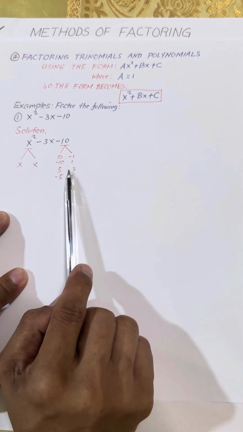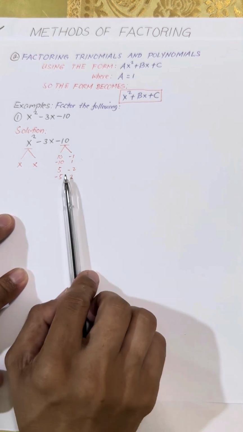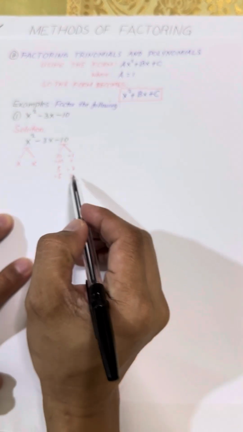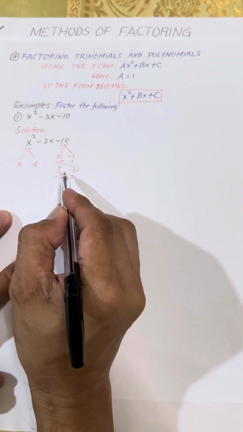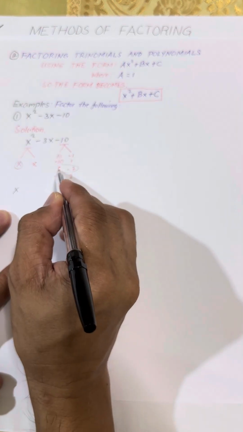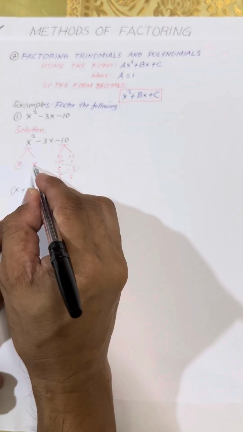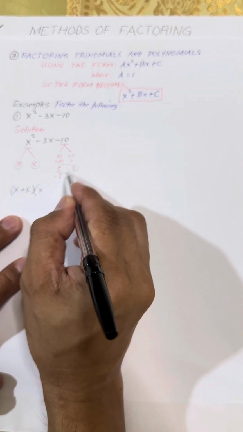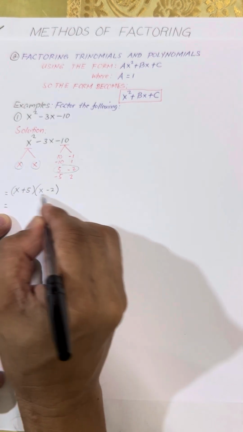Okay, so there are times that we may choose the wrong ones, but don't worry, just try another one. So for example, if I try, say, this one, this is my first try. What I am going to do is to use one of these x, and then this is plus 5. Okay, so x plus 5. Then we use another x, so x, then pair this with the pair of 5, which is negative 2. Then after that, let's check if these factors are really correct.